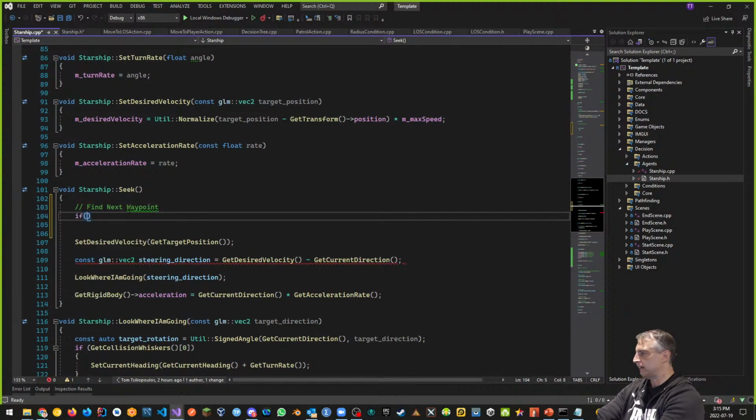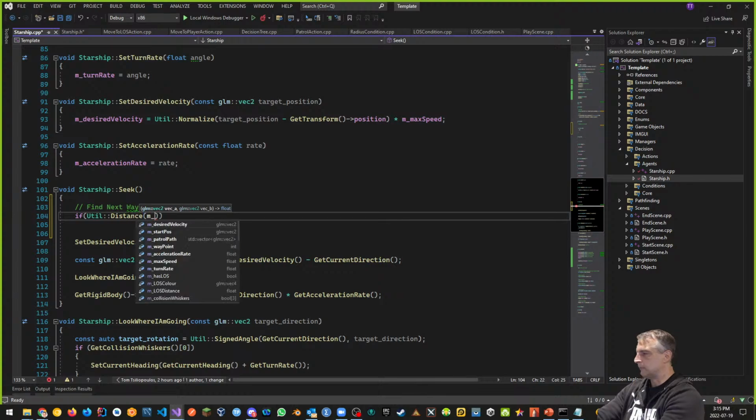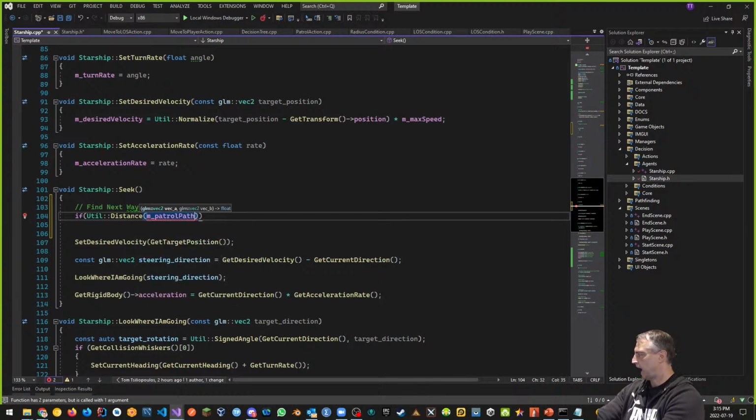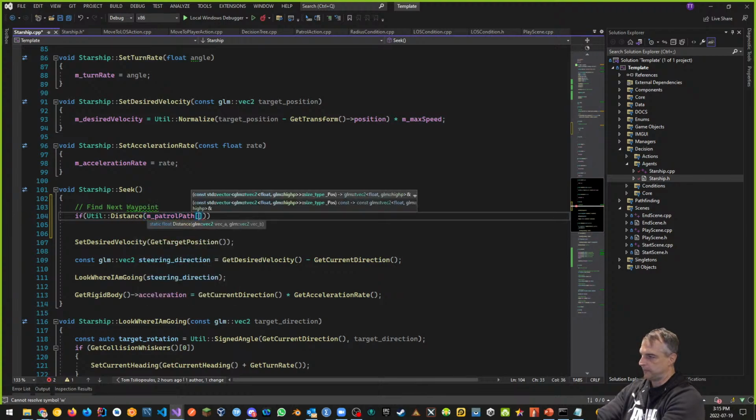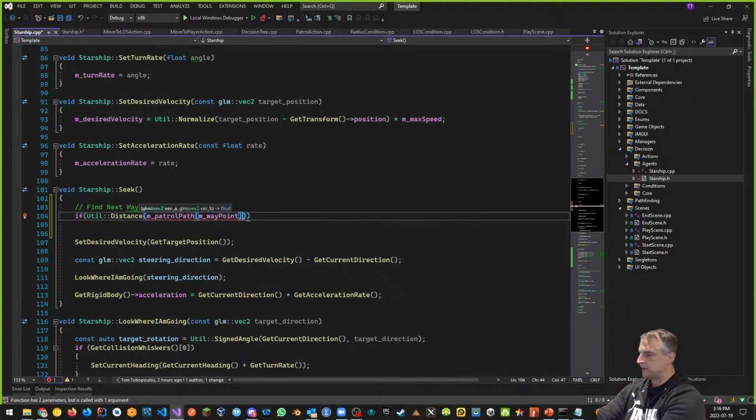And the way to do that is if util distance, if the distance between my patrol path and the current waypoint, m_waypoint, which is a vector2 object, and our get transform dot position, if let's say this is less than 10 pixels,